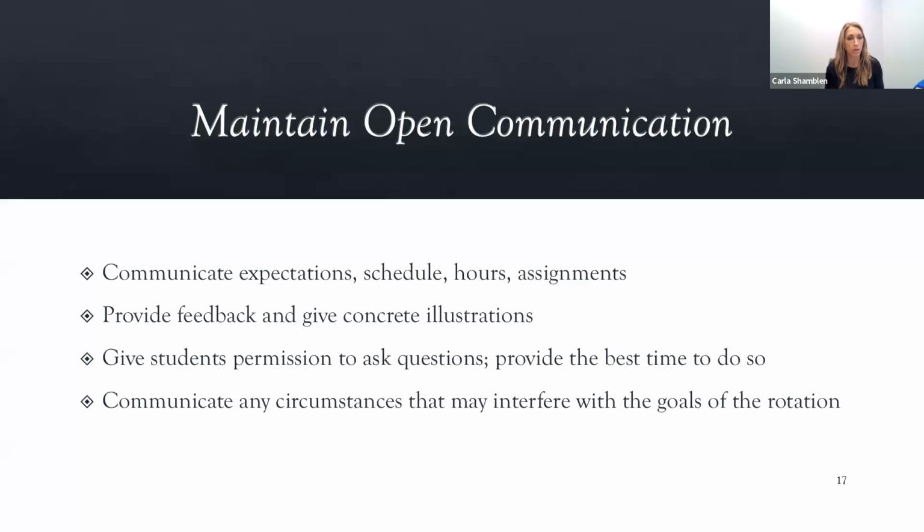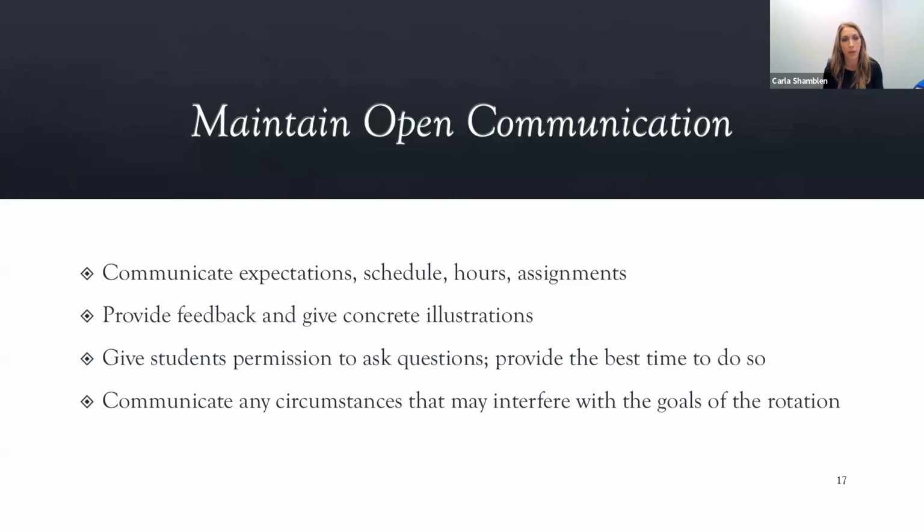So again, communicating what your expectations of the student on the rotation are, being very clear with what the schedule is and what your requirements for them are. We don't dictate their schedule. We allow them to work the preceptor schedule, whatever that looks like. And that includes on-call hours, evenings, weekends. We just ask that you give them the time off rotation for holidays that we observe as a university. So just making sure that the student knows what's expected of them in terms of hours worked or days worked or schedule. And then any assignments. So if you give them any assignments, you're more than welcome to do that, and just communicating what your expectations